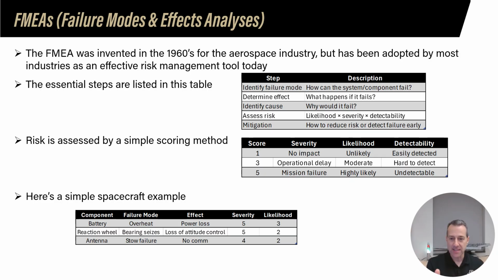Here's a potential spacecraft example. Okay, the battery overheats. That's a failure mode. You have power loss, and there's severity and likelihood. Or the reaction wheel bearing seizes, or the antenna has a stow failure. Okay, so you wouldn't know straight away what the most likely failures are on your aircraft or your spacecraft. But sometimes and often there are reports about regular failures of a certain component, or especially when there's a failure of a satellite or an aircraft,